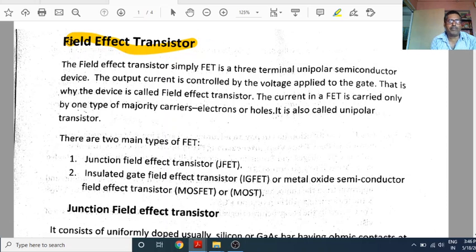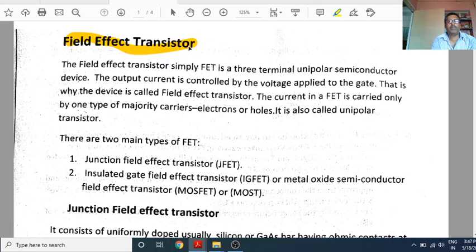Actually, we want to compare this transistor with BJT, bipolar junction transistor. See here, BJT is a bipolar junction, but this transistor which we are going to learn today is field effect transistor.